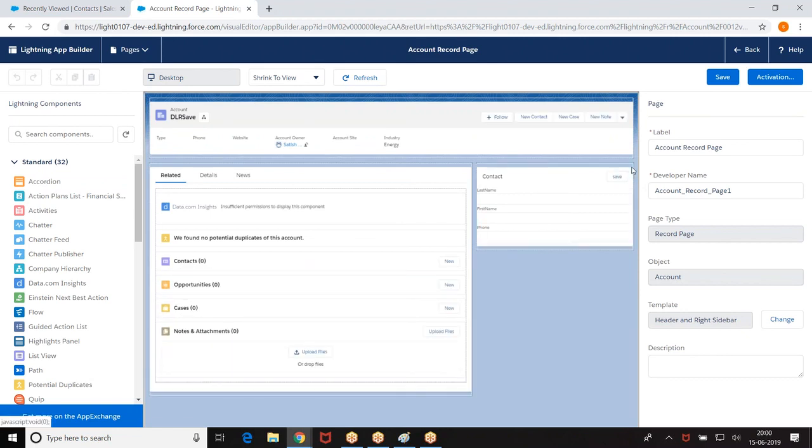Now how did I do this? Manually I was going and removing it. Now I am saying don't remove it manually, programmatically you should remove it. Whenever I select the option as account, then the account component and contact component should be displayed. Whenever I choose opportunity, account should be removed, and opportunity and order should be displayed. So programmatically you want to control how to add new components and how to remove existing components from the page. To do this, we are going for the concept of dynamic components. I hope you got the concept here.